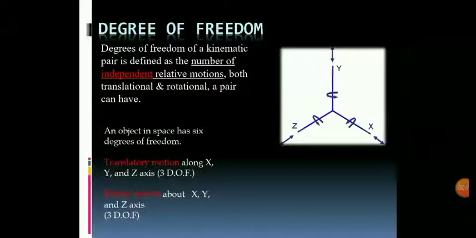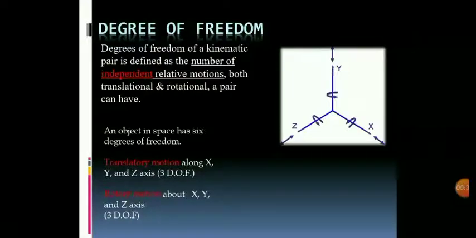The degree of freedom is defined as the number of independent relative motions, both translational as well as rotational, that a pair can have. So in theory of machines we have learned what a pair is. I will not discuss that here in detail, but a degree of freedom, we can say, is a number of